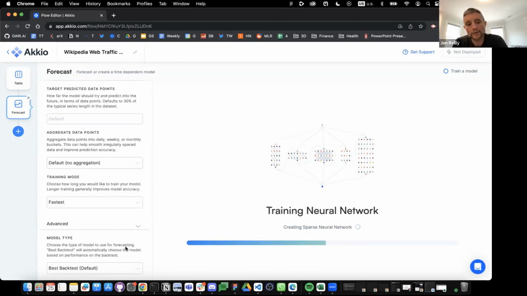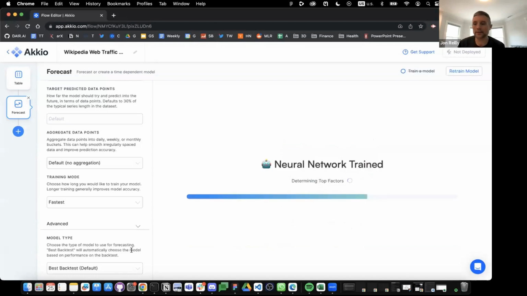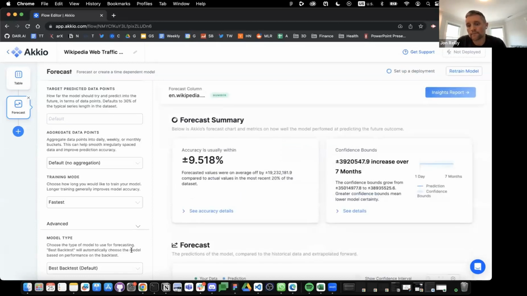Yeah. So the big difference is that in the high quality mode, we look at more model types more times, and then we ensemble some of them, and we give them more compute and more total processing time to learn the patterns in the historical data. The way it's intended to be used is for you to iterate somewhat quickly using the fast mode.